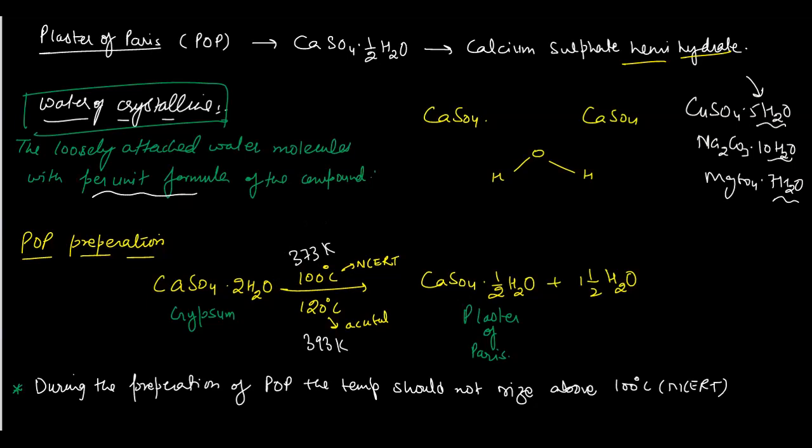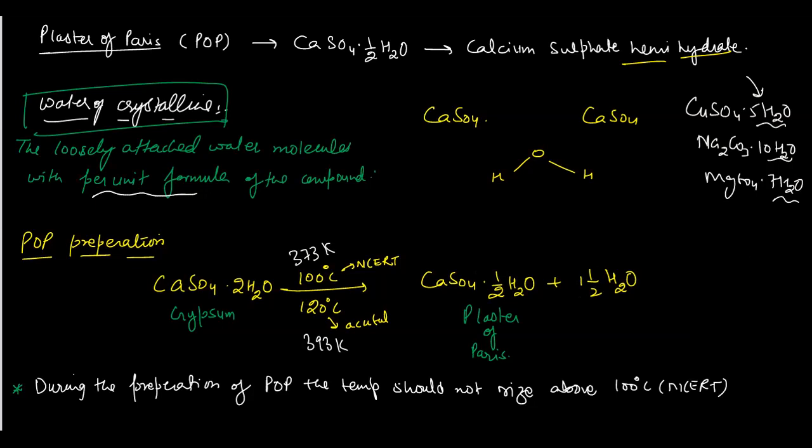It means when we do controlled heating, we keep the temperature maintained. We cannot heat it as much as we want. If the temperature goes above 100, it will remove this half also; the half will also be gone. So when the heating is controlled, only the half water molecule will remain, and 1 plus 1/2, or 3/2 water molecules out of the 2, will be eliminated. If half is here, then 3/2 will be eliminated, and that is called plaster of Paris.